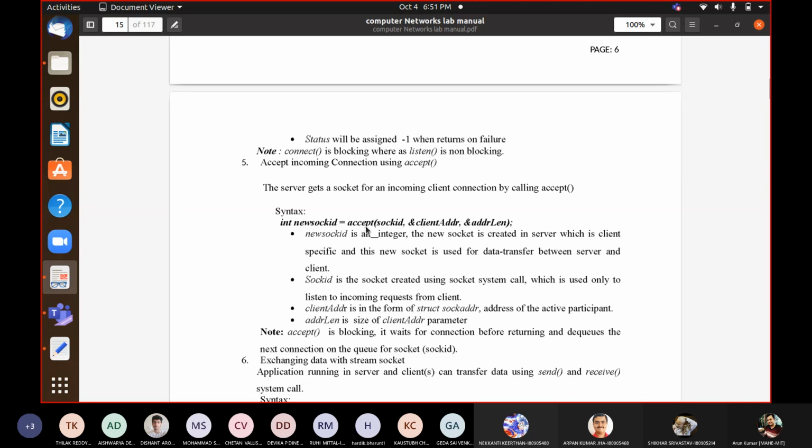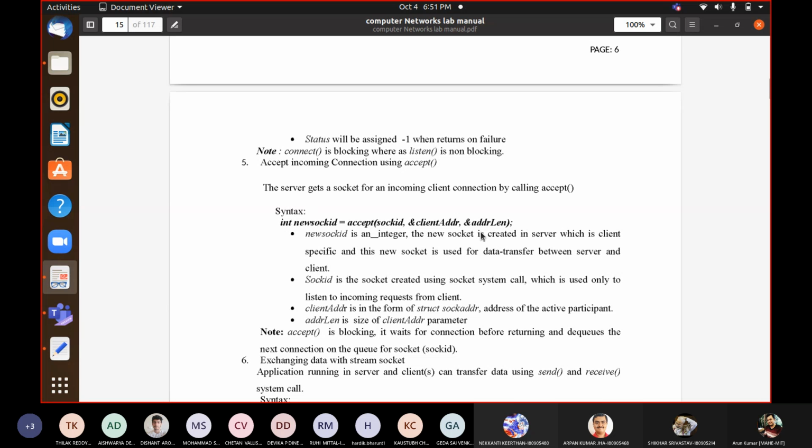So how would accept then entertain the connect system call? The first argument is a socket ID. It is the same socket ID on which the server is listening, and then it will look for the client address and the address length, meaning a pointer to the address length of the client address.